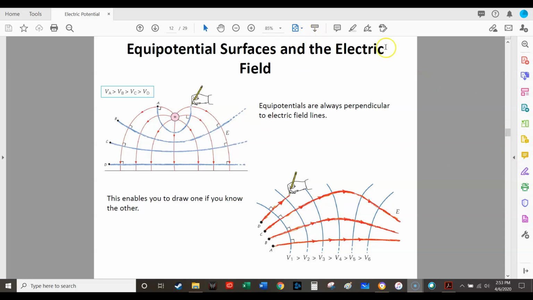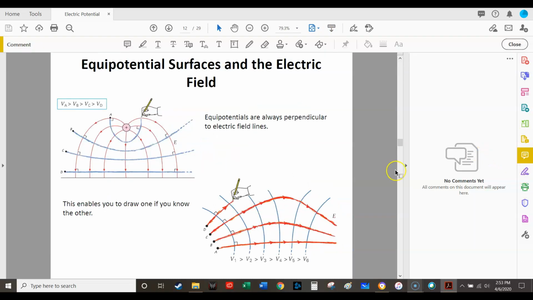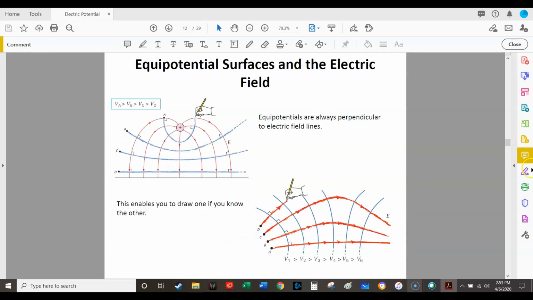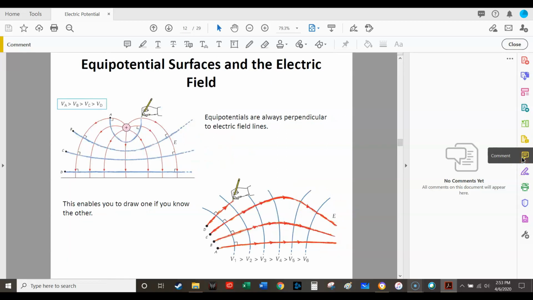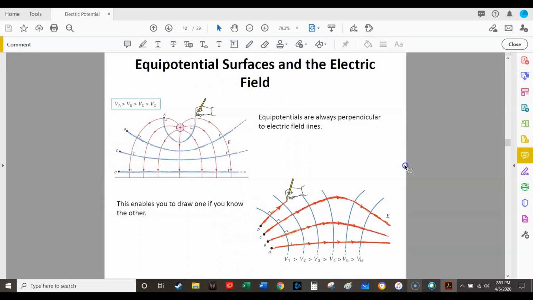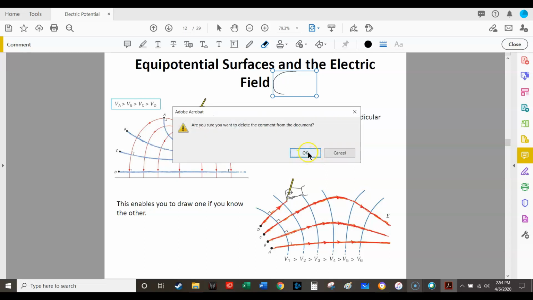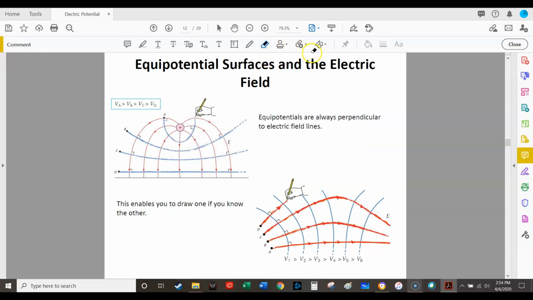If I go to draw this, I'm going to put on comments again. I just went over here to the comments tool in Acrobat Reader, and when I hit that, a bar popped out. This bar has the ability to input a text field, draw, or erase. I could do a little drawing right here. I could erase that drawing, any part of it. Or if I just click on it, you can delete that entire thing from the document. Also, I could put